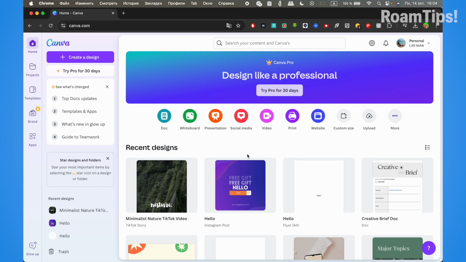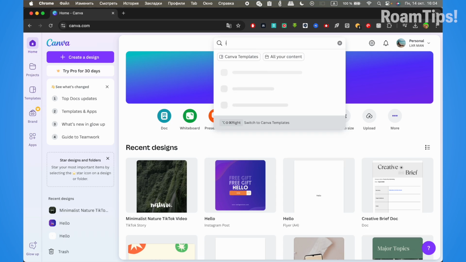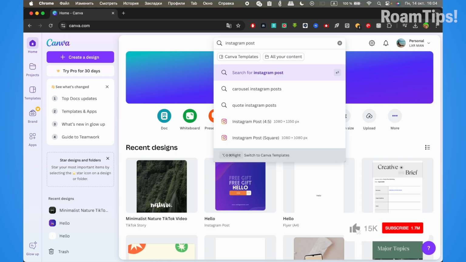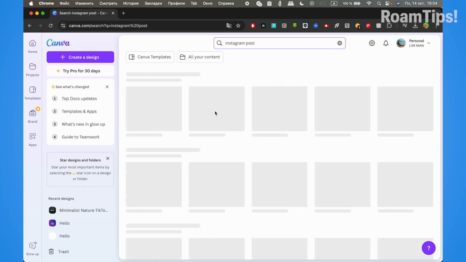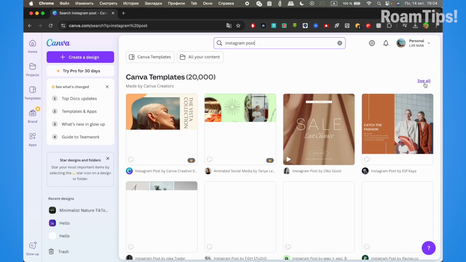Alright, open Canva and log in to your profile and click on search and write or open your project. Search Instagram post, maybe post, and click on see all